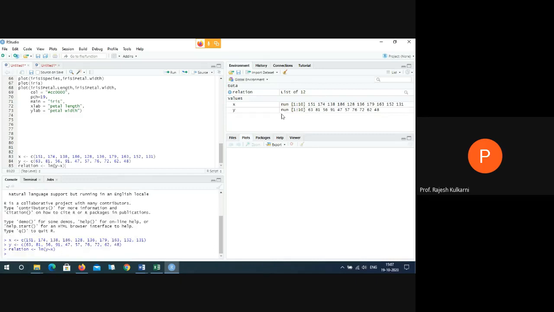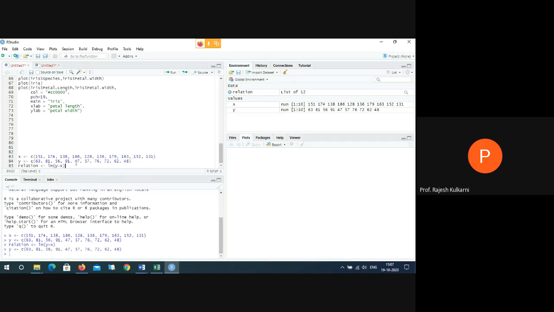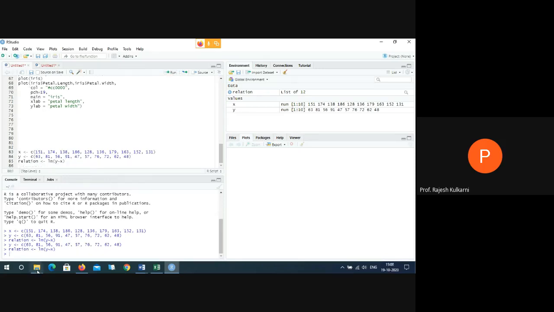If you see at the right side, you have the values of X and Y. Even if you want to execute this, you can execute it directly by pressing this run. Press this run, then press this run. So it is giving the same effect in the command window.